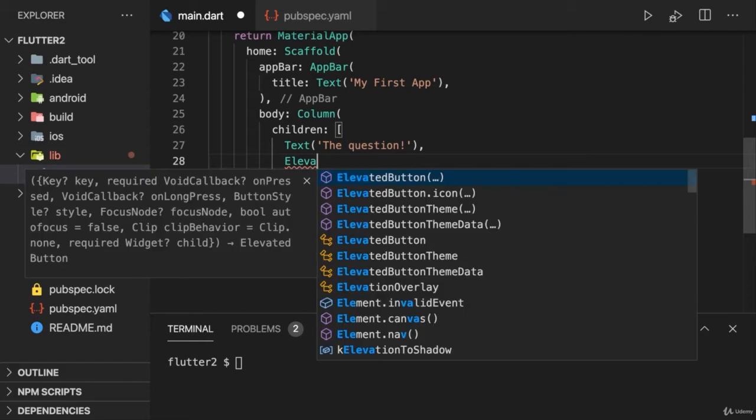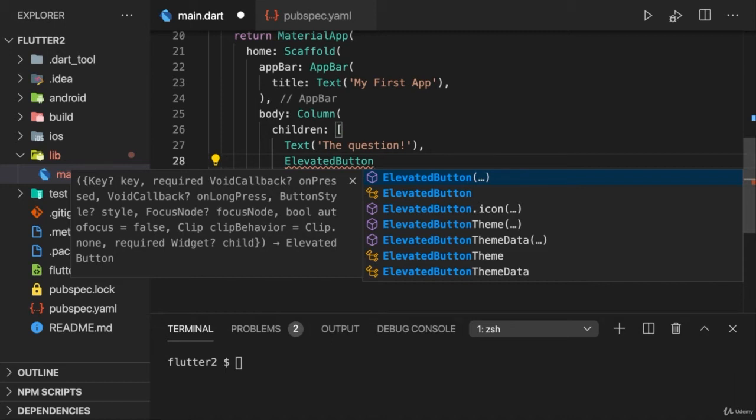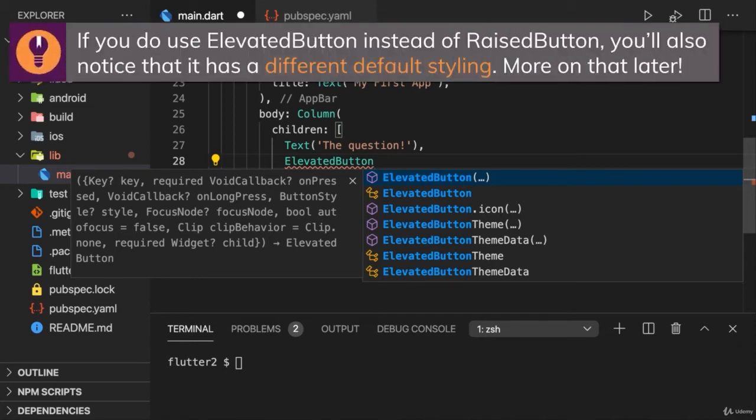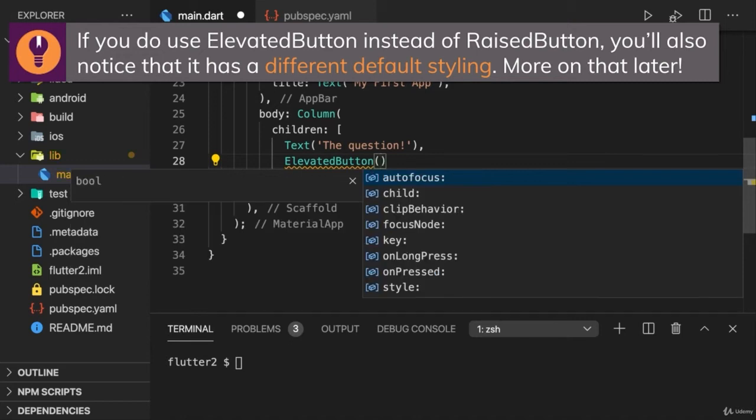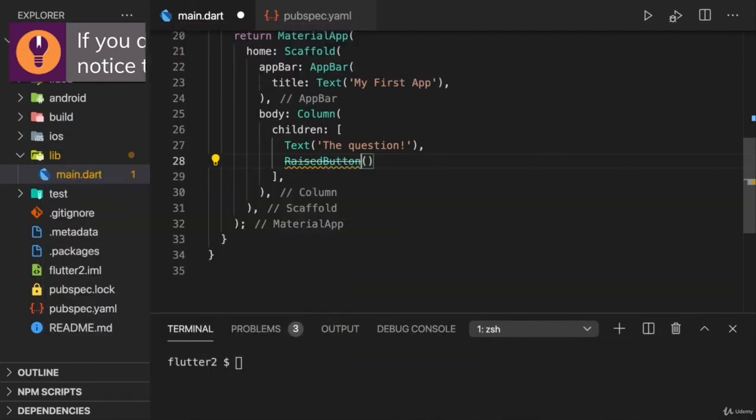Alternatively, you could switch to elevated button, which in the end is the alternative to raised button, the replacement for raised button. And for the next minutes, you would use elevated button just as I use raised button here. So you add the same arguments to the constructor then. Nonetheless, as mentioned, I would recommend that you stick to raised button for now, to follow along